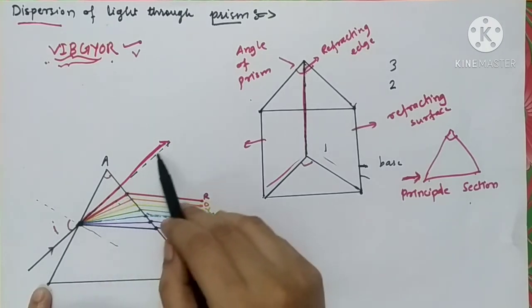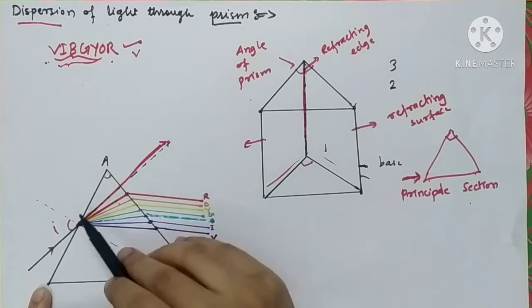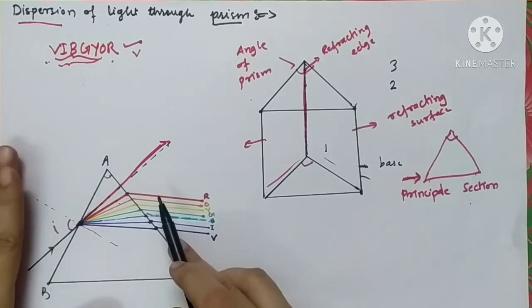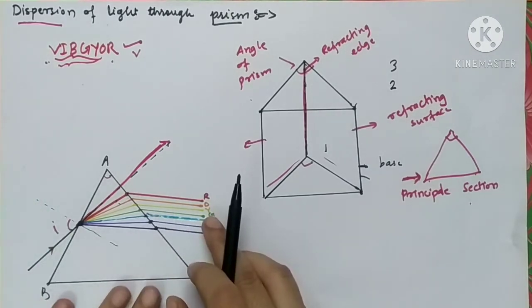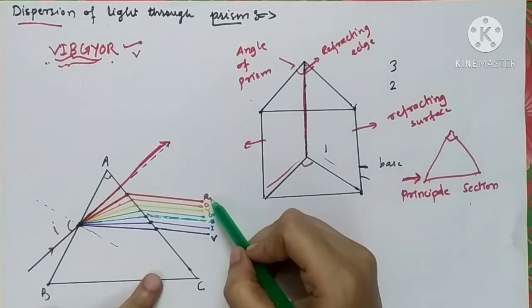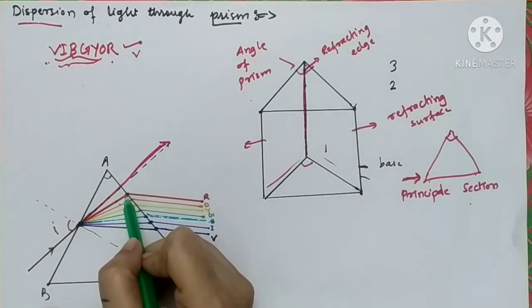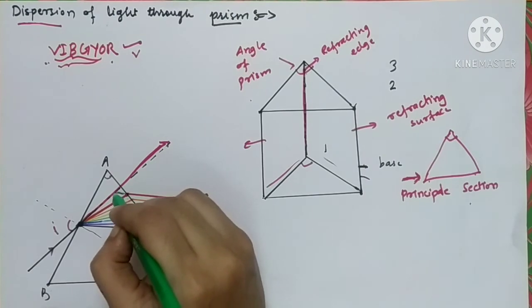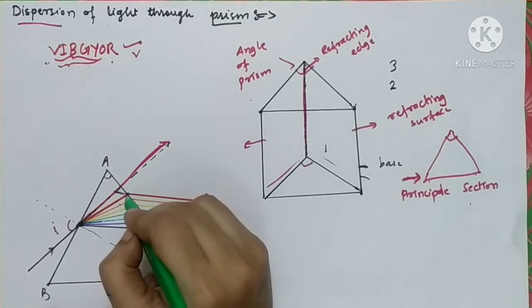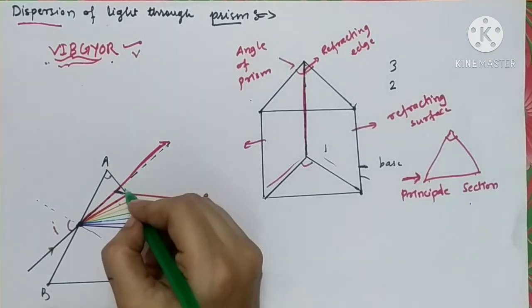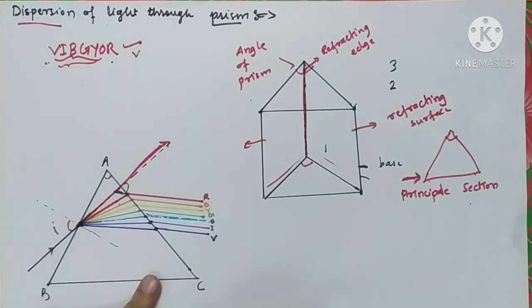We all know that this is the original direction of a light ray, but after coming out of the prism, the light ray is about to come in a different direction. So let us see by how much degree the light ray has turned itself. So red color, when you extend the red color, produce it in a backward direction. You will come to know that by this much angle, the red color has been deviated from its original path.